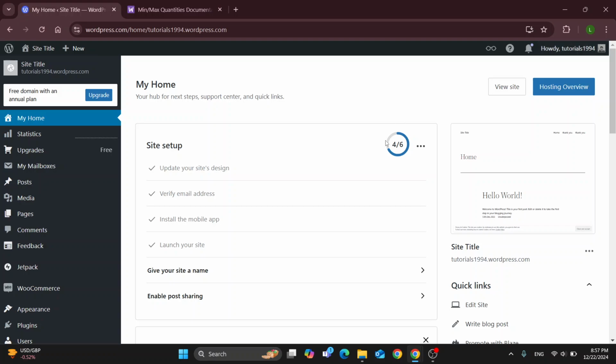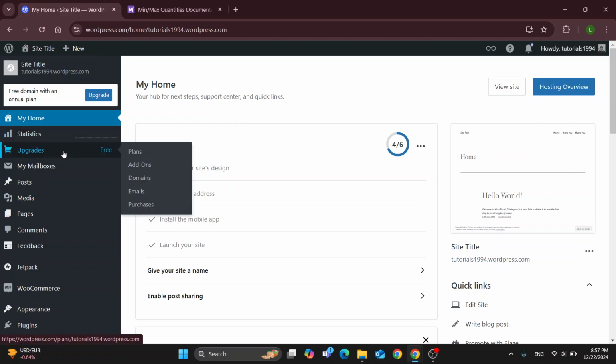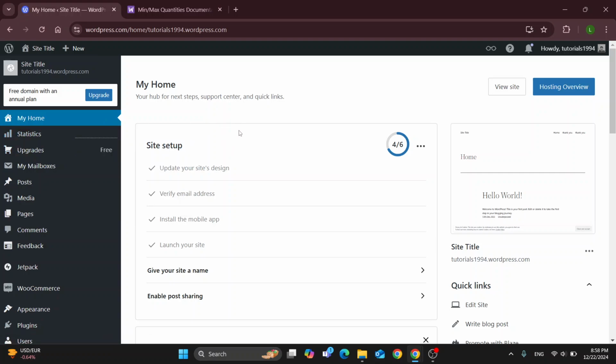After you have logged into your account successfully, you'll be greeted by this home page right here, where at the left side of the screen, you can find all the sections you can access, such as home, statistics, upgrades, and so on. So let's go ahead and take a look at how we can get started with limiting product